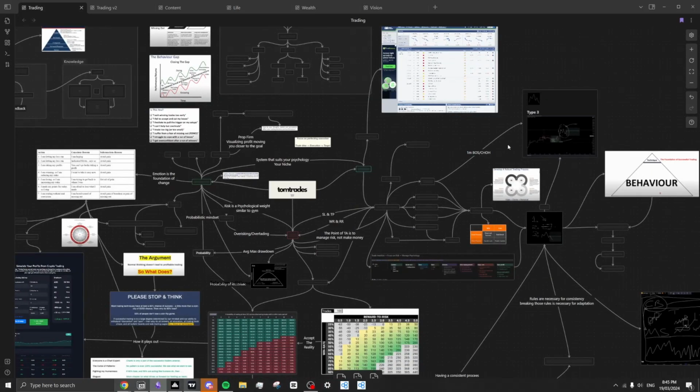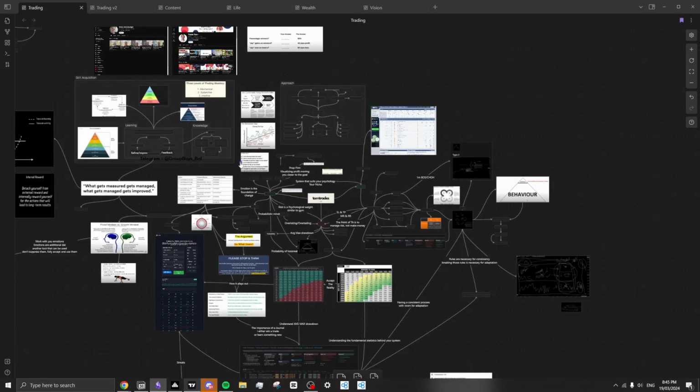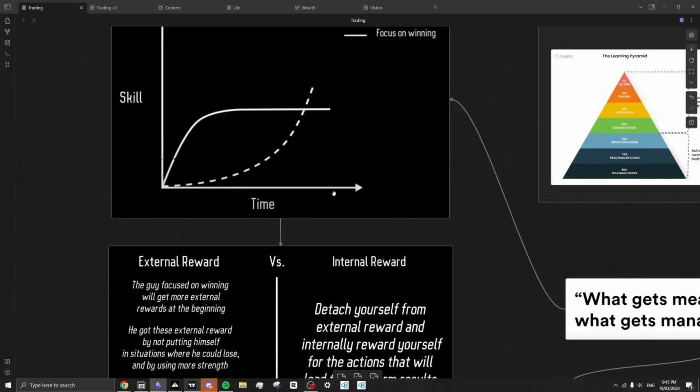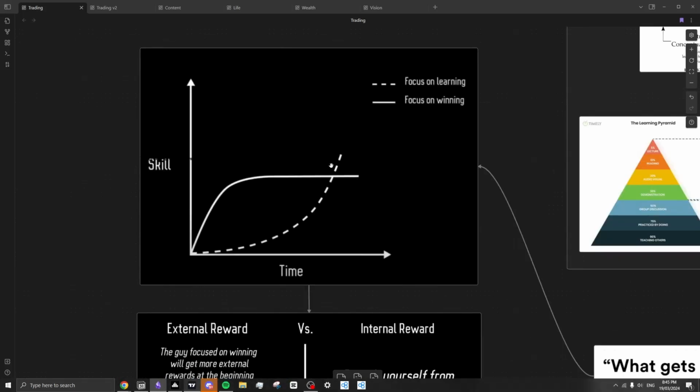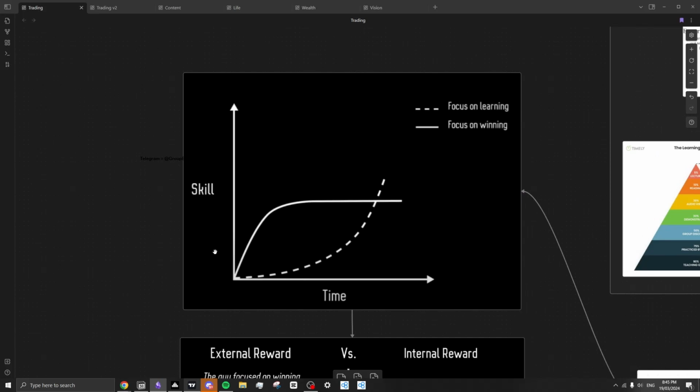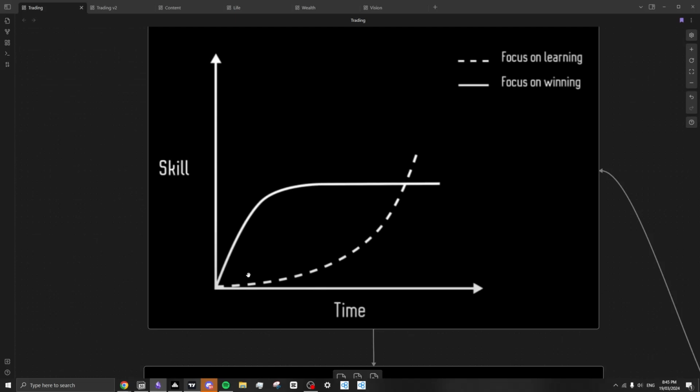And that's the approach. When you have that plan, you try to stick to it. You journal how that plan goes in certain conditions. You may be finding ways to improve it, maybe finding ways for you to execute on that better. When you have those two, and you're getting that feedback, you're focusing on learning rather than winning. If you focus on learning, it's inevitable that you'll be profitable, because if you get better 1% every day, week, month, over time, it'll be inevitable that you get to the point where you're profitable. If you focus on winning, you're just taking chances. It's an if. You can change that from an if to an inevitability if you focus on learning.